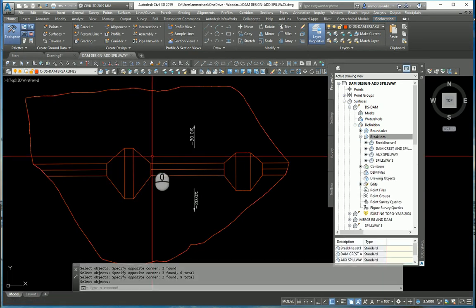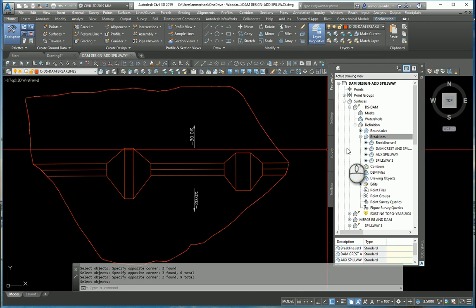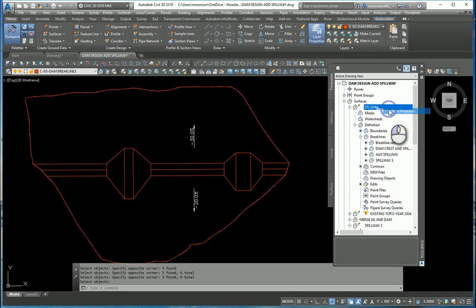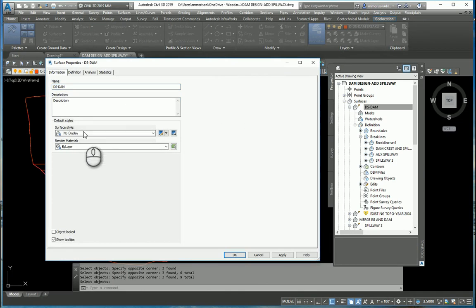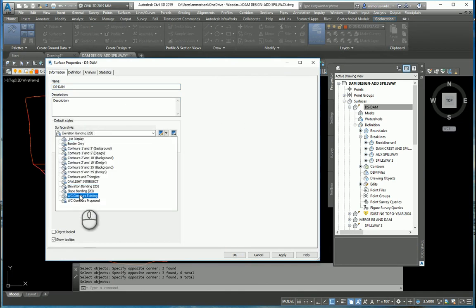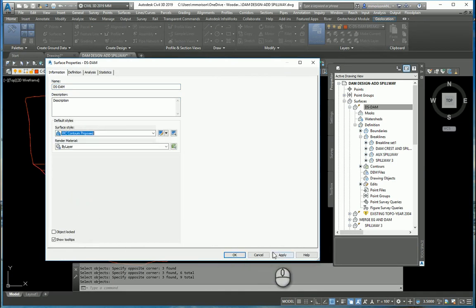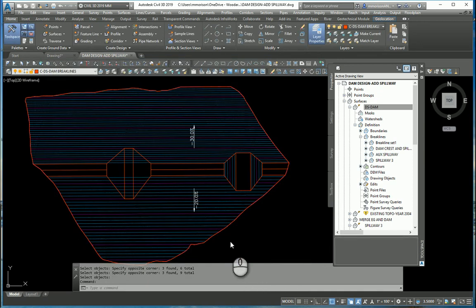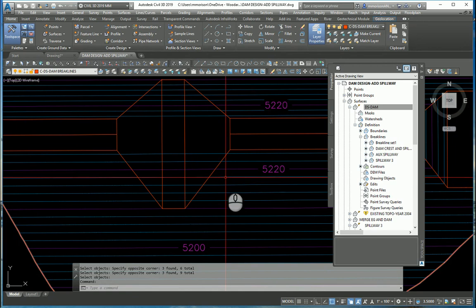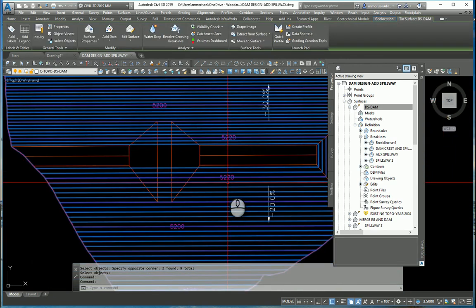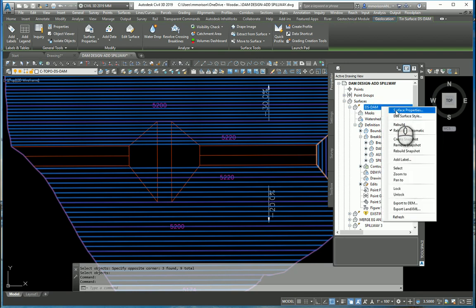Okay, here's the real test. I've done it all. I've got it designed in there. Let's go to the design dam. And this is the telltale all right here. Let's give it the proposed look. Okay, you're asking me what on earth happened? I'm going to show you. Underneath surface properties,